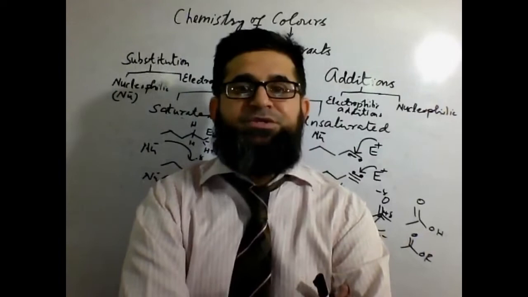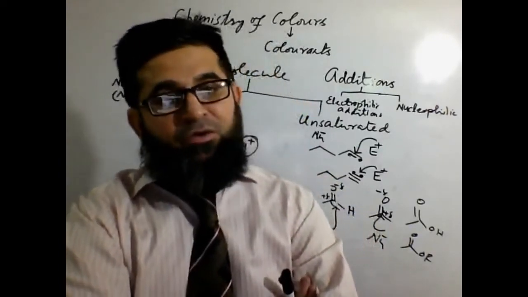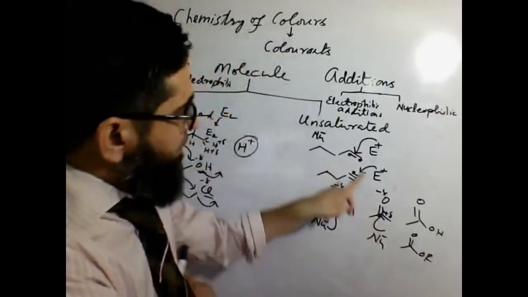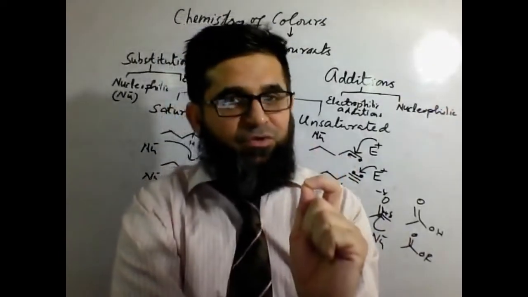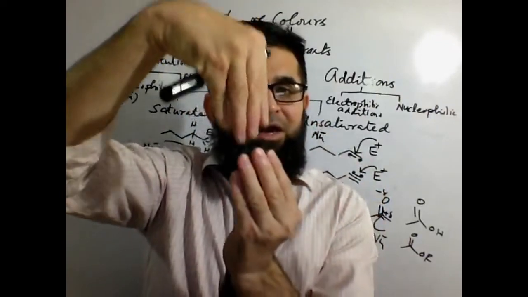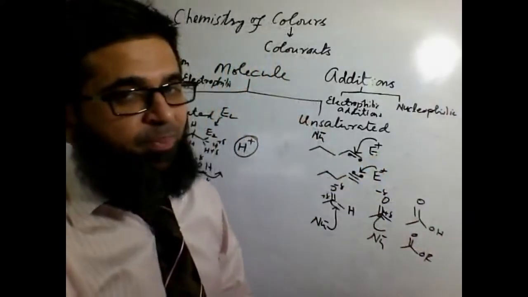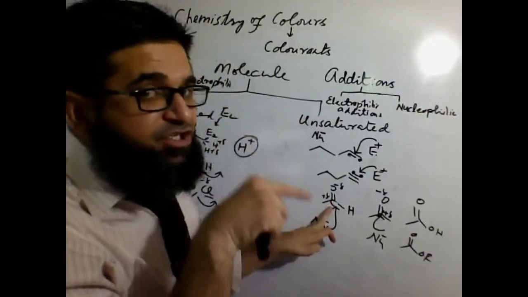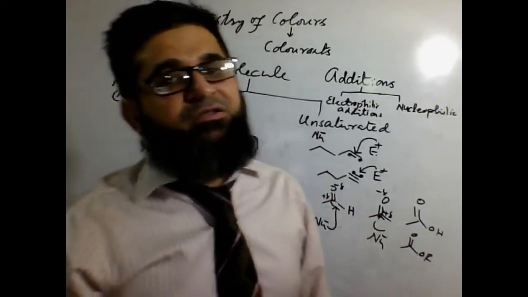Again, the question arises, what sort of addition is it supposed to show? It depends again on the structure, the nature of the molecule. If the molecule contains a double or triple bond, it contains an excess of electrons. So somebody who needs electrons can come and get added onto the molecule. So electrophilic addition will happen. If the system carries a partial positive charge, then there will be a chance for a negative to come in and get added to it. That will be called a nucleophilic addition.